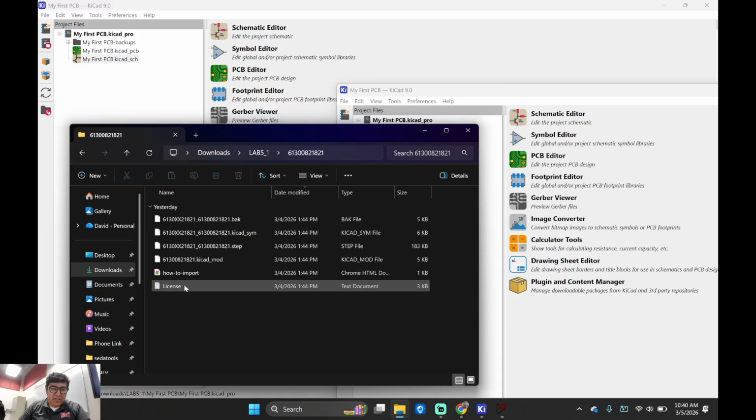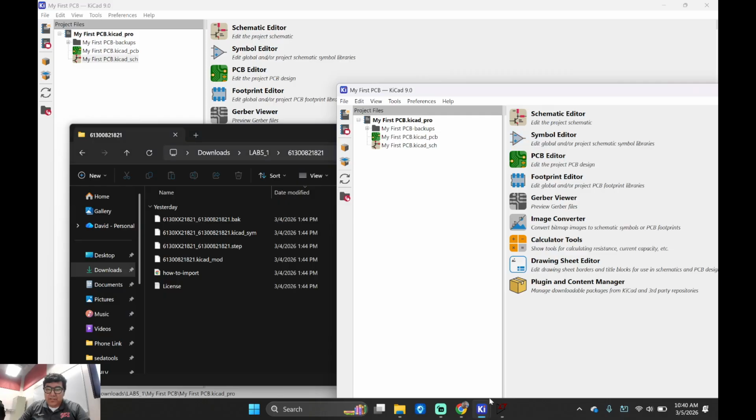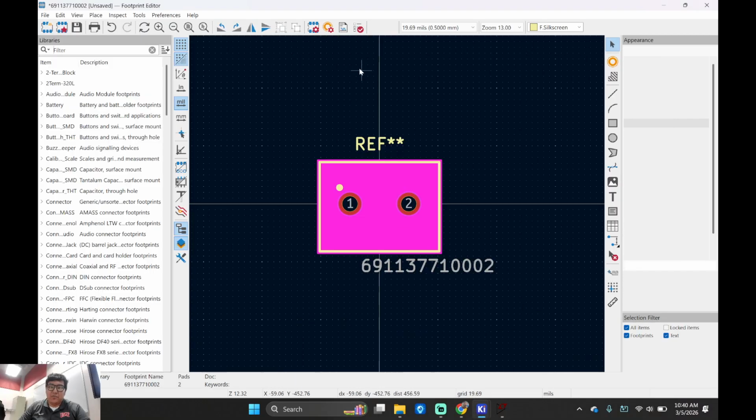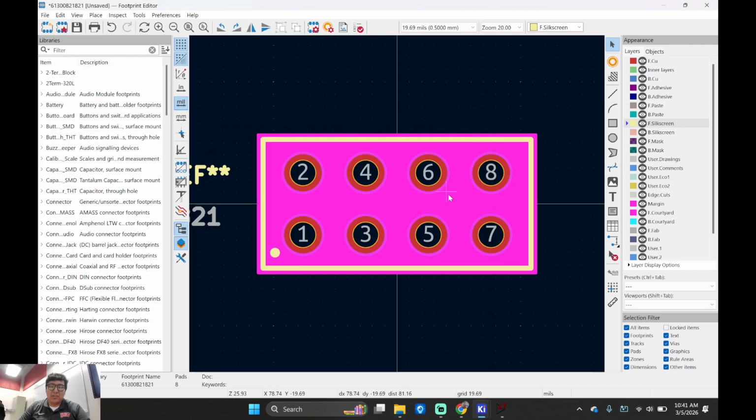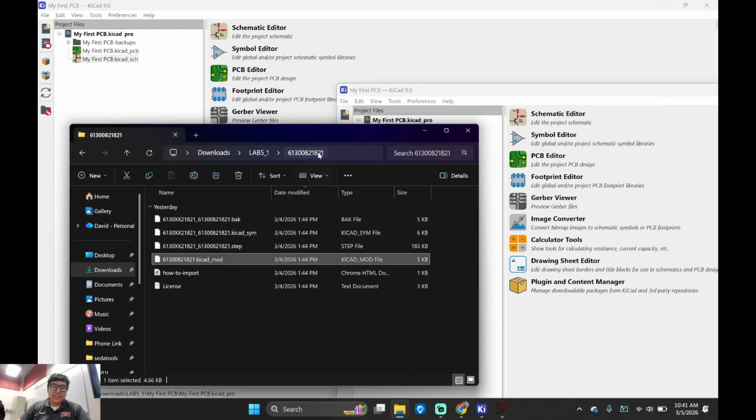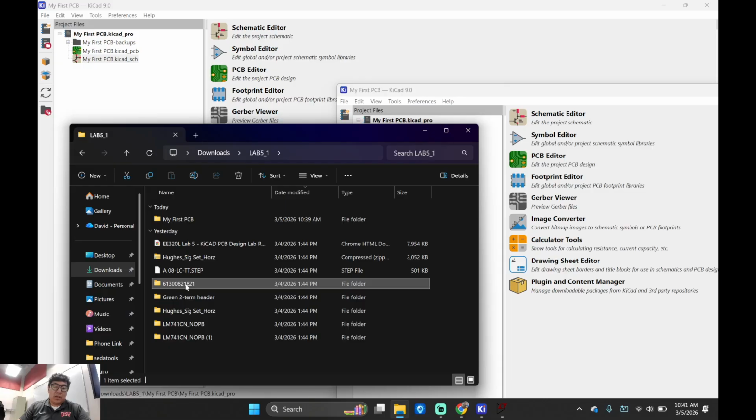So let me go up here. Let me go back to the footprint editor, right? Here's my footprint editor, right? I'm going to click and drag this mod right here. Let's see what it is. What's that? That's my 2x4 female header, right? So I'm going to do this. You can do this with me too. I'm going to generate these errors, right? 2x4 female header. Okay? So it makes it a little easier, okay? I'm getting rid of all those funny numbers.